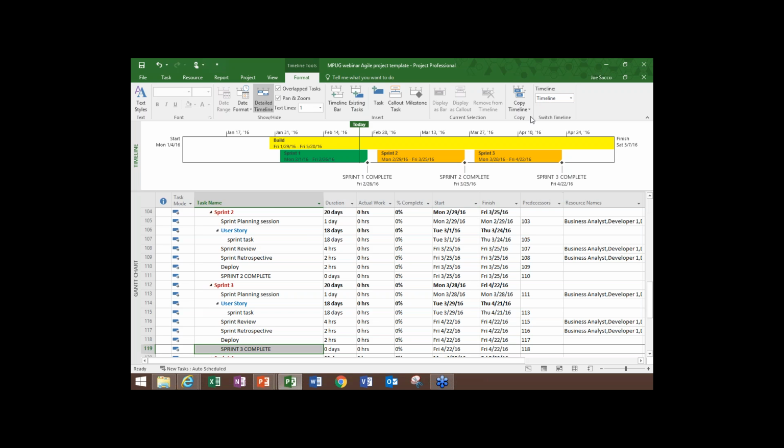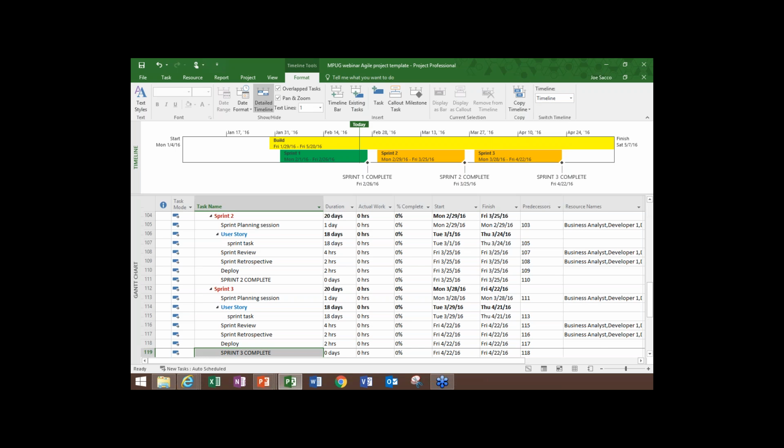So one of the things that you can do with the timeline that I think is great is you can copy it. So you can copy it for email, you can copy it at the full size that it's showing on the screen, or you can copy it for presentation. In this case, I'm going to do a PowerPoint presentation, so I'm just going to copy it for presentation. And it did it. So if I go over to my PowerPoint,